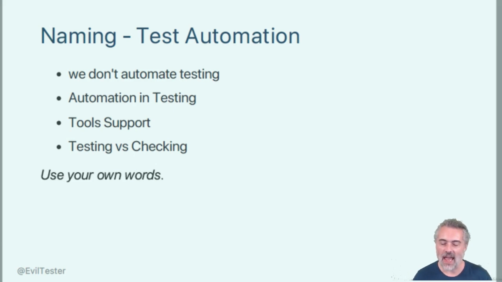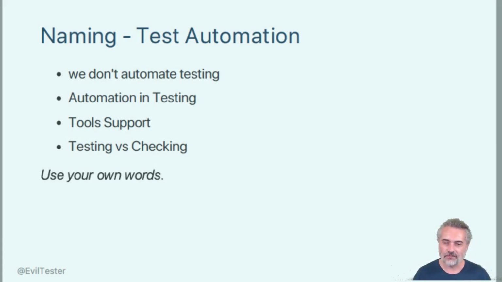Now, one of the issues that we have with automating is just the words test automation, because clearly everyone knows that we don't actually automate testing, right? We automate activities within it, we automate the execution of things, that kind of stuff. And now people are starting to say things like automation in testing, rather than just test automation, right? Because test automation is a very, very vague set of terms. So people are trying to get around that concept by saying automation in testing, or tool support, or concepts like